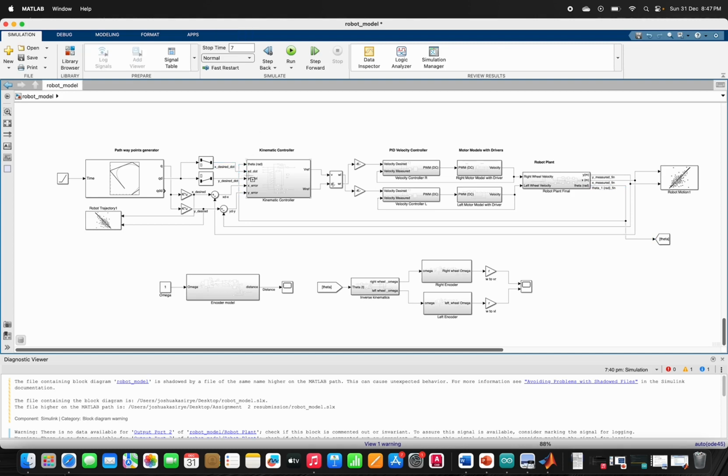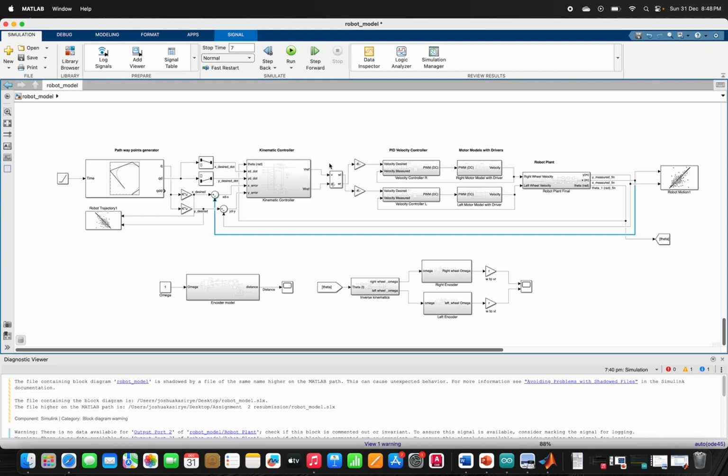desired x velocity, or velocity in the x plane, and then velocity in the y plane, as well as the errors which are computed from the x and the y coordinates. These errors are gotten from the desired y and x, and what we are returning as feedback from the system. Then the kinematic controller uses these to provide the suitable linear velocity and the angular velocity of the robot,